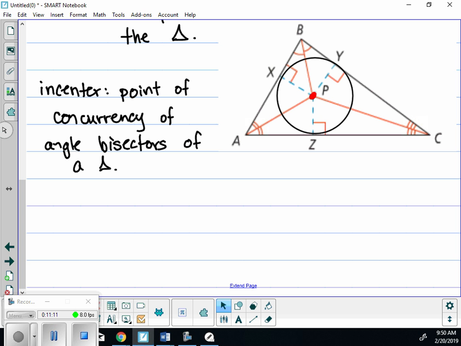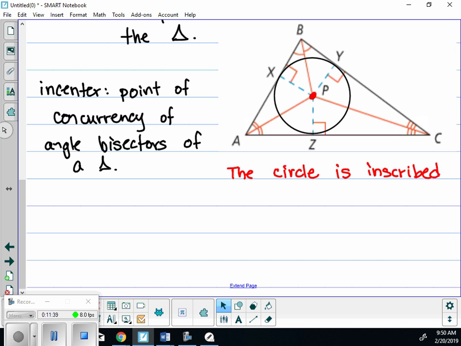Inside the triangle, we can draw a circle that instead of touching each vertex, touches each side. This circle is what is called inscribed. So the incenter allows us to draw an inscribed circle. Inscribed in the triangle. So inscribed is inside,